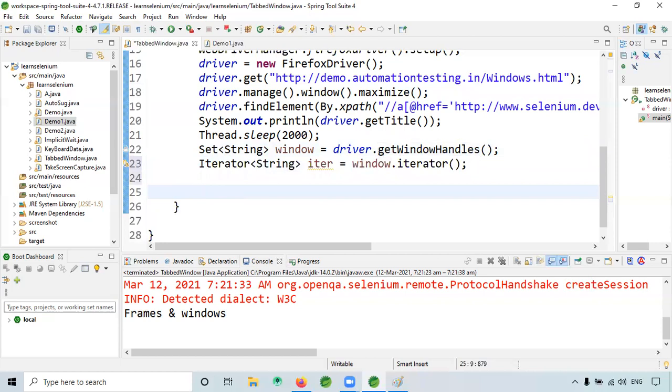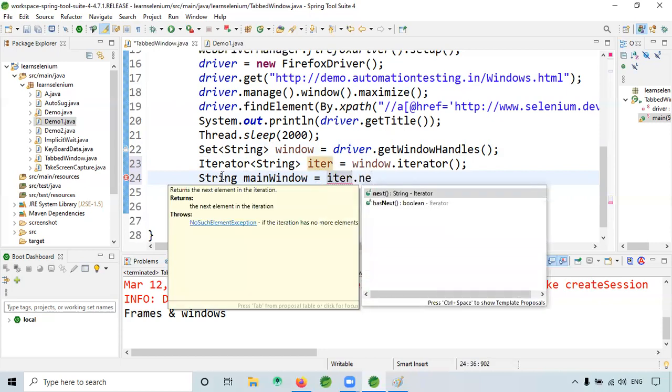Here what I will do: String main window is equal to iter dot next.